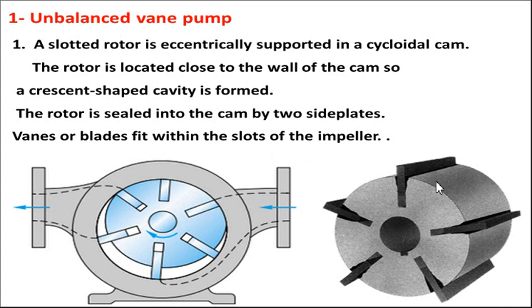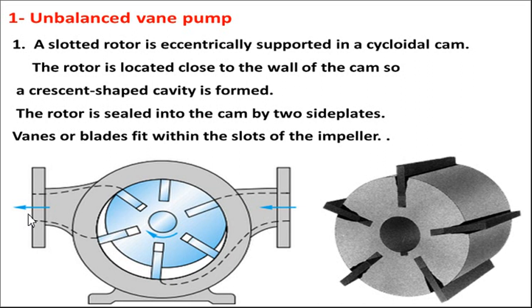Now you can see that this is a rotor which has slots. These are vanes, attached with a spring to the center of this rotor, and when this rotor rotates, because of the centrifugal force, these vanes will move outside. Because of which a crescent is created, which is shown in this diagram. This moon-like shape is called a crescent. Because of this crescent, the fluid enters from this side, gets pressurized and moves out from the other side.